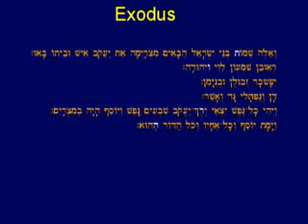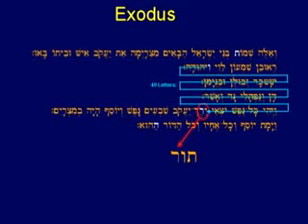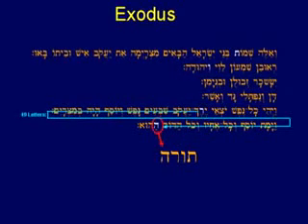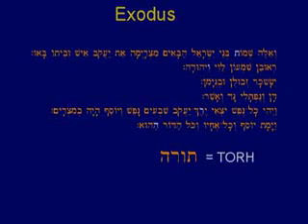Except what happens is when you go to the book of Exodus, you go to the first he, count 49 letters, you get a vav. 49 letters, you get a resh. 49 letters, and you get a he. Same thing happens. What's the probability of that? Whatever the first probability is, it's that squared. Okay? So it's very unlikely.